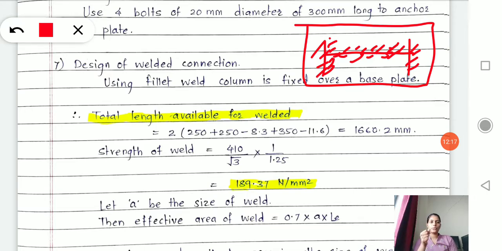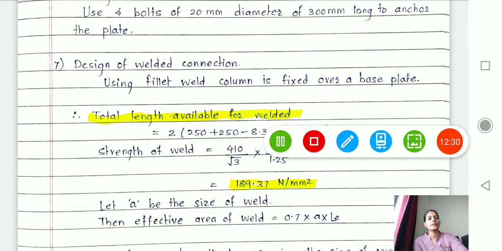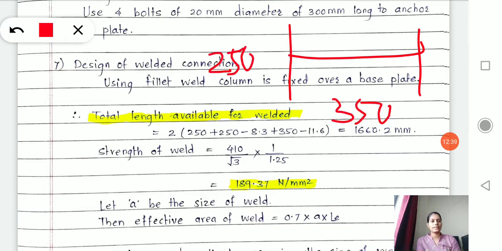And to know what the peripheral length is, you have to take down the peripheral distance. How we will do that? That's what I wrote over here. Okay, so see, this is the width, this is 250 width of the flange, and the depth of your I section is 350. Okay, now this 250 on this hand and 250 on the inner side, correct?